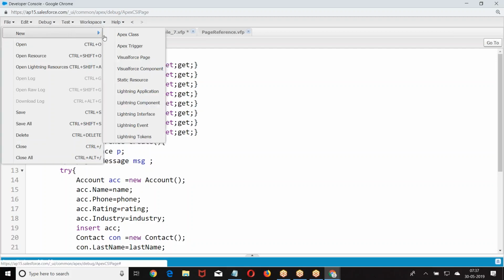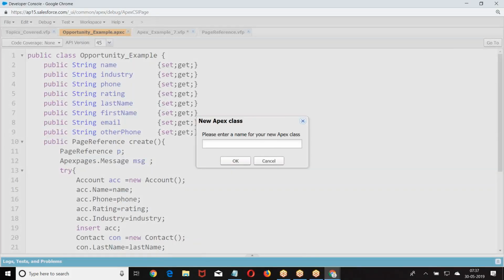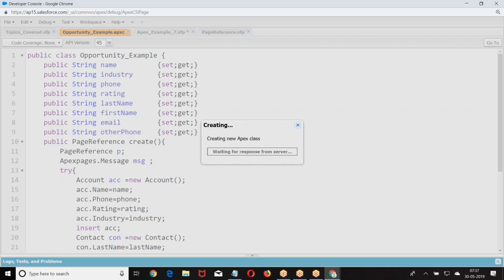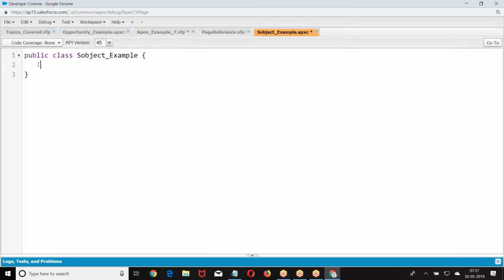Go back to this. File, new. Is object example. Where we have taken public Account ACC, public Contact.